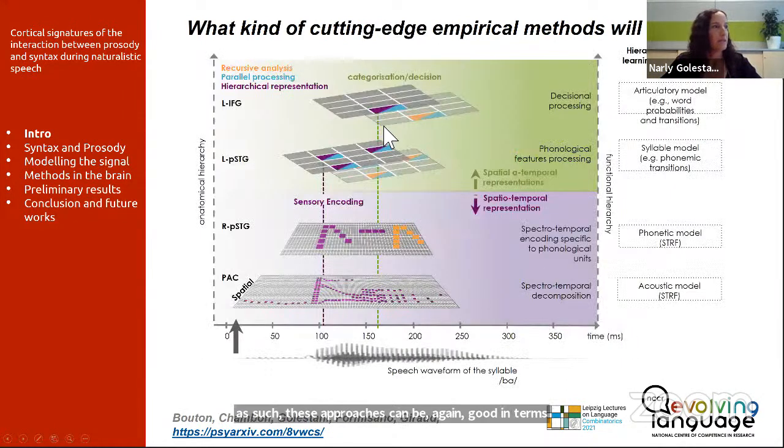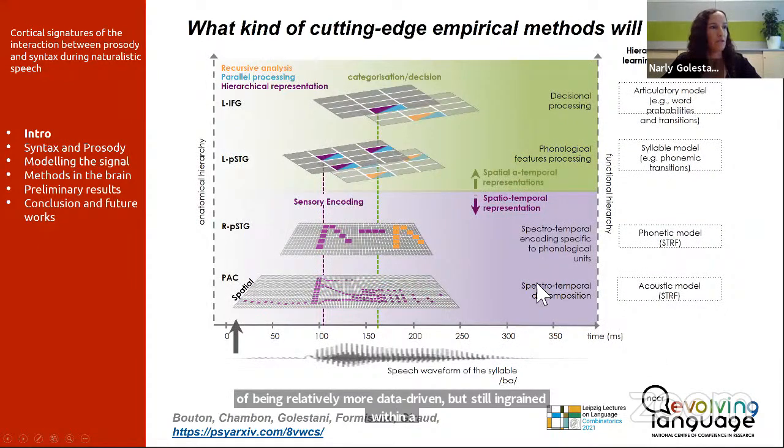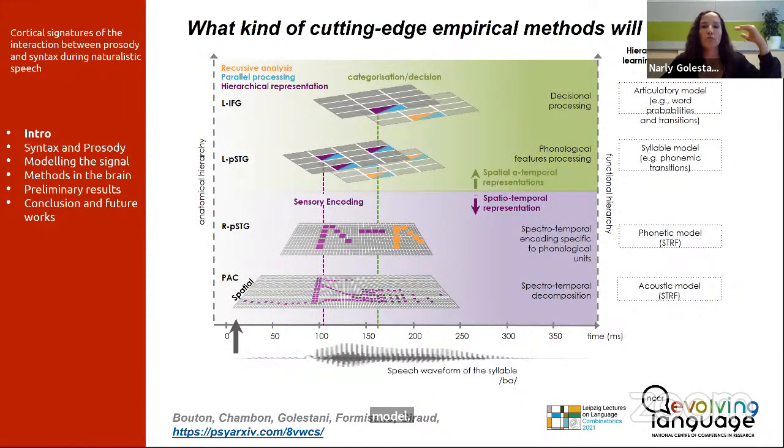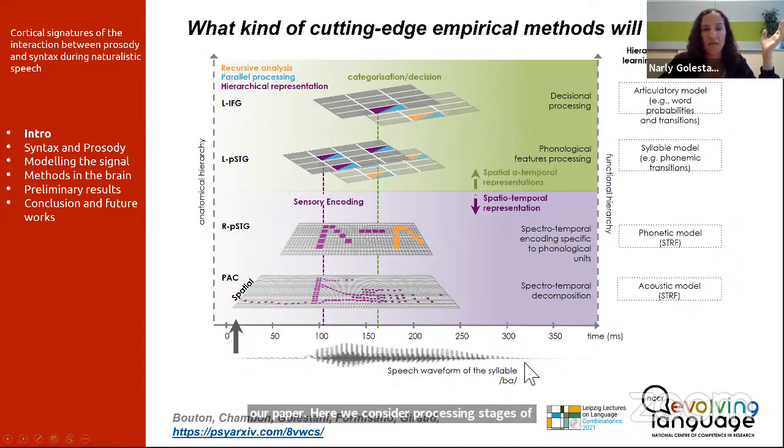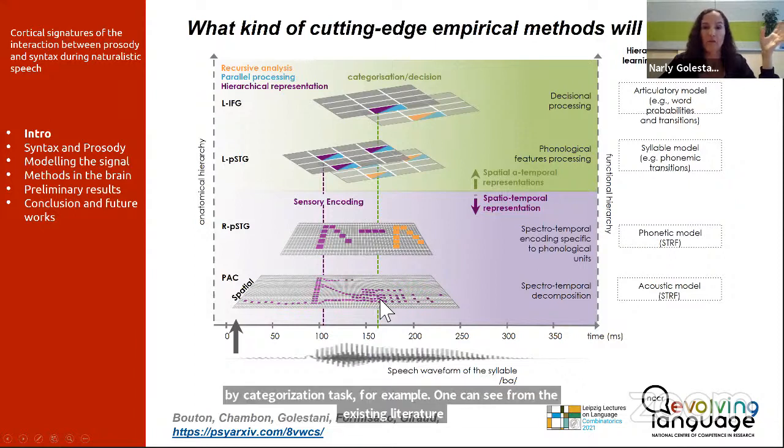And again, this is now just a depiction of one of the figures in our paper, where we consider processing stages of a simple phonetic contrast, like a BADA categorization task, for example. And one can see from the existing literature that the spectral temporal decomposition happens in early auditory areas, like primary auditory cortex, and then phonological processing,